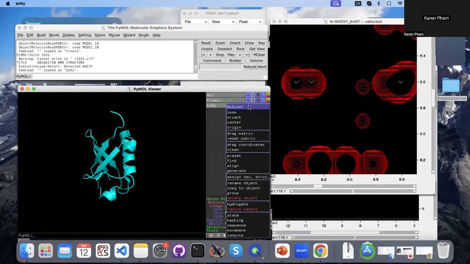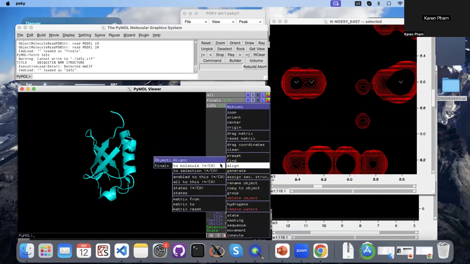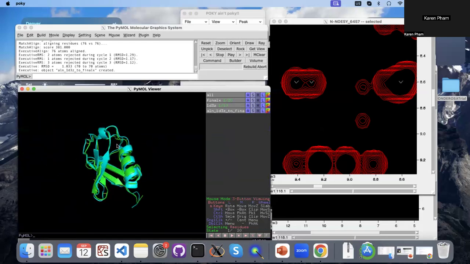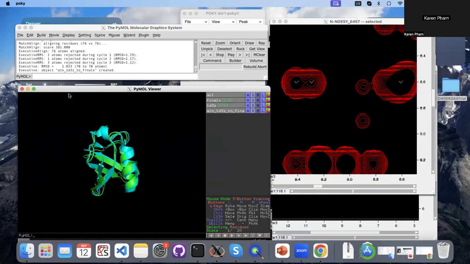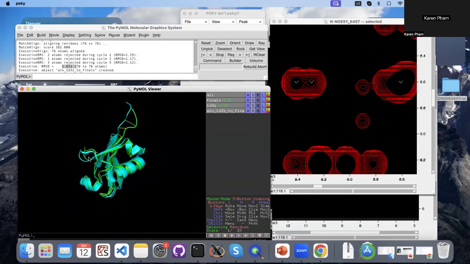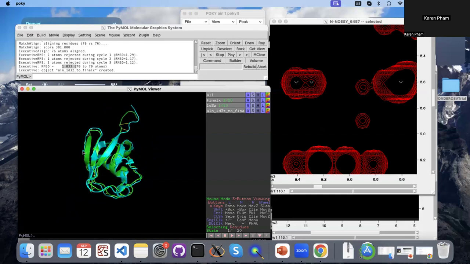You want to go ahead and align it. So click on the A again, scroll down to align to molecule final X. And now let's go ahead and center it. Here you can see that the structure is pretty close. The RMSD value, which shows the backbone alignment, has a value of 1.033, which is nearly perfect. You can, of course, increase accuracy by editing the constraints some more, getting better NOESY data, and so forth. But this is the tutorial on how to generate an accurate structure with simulated data with POKY Builder